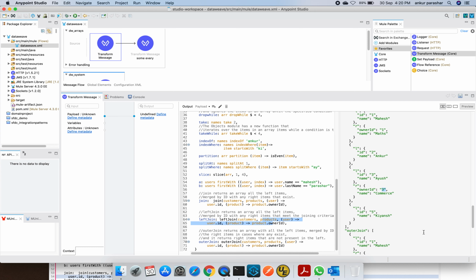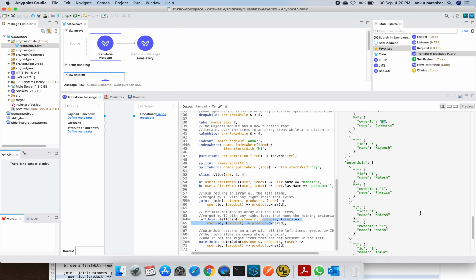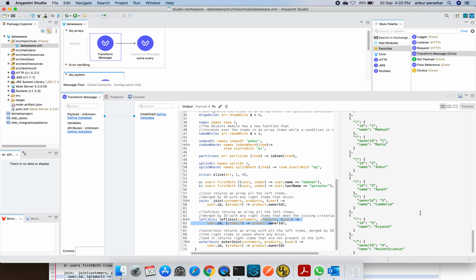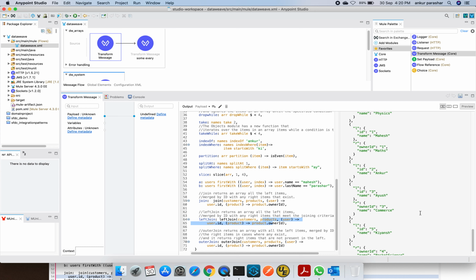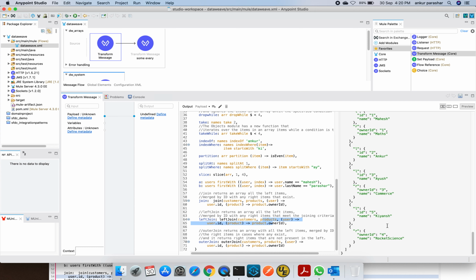Similarly, to say the opposite of it, if we want to include all the products, we have to use the outer join. So don't get confused with the left join, assuming there will be a right join. No, there is an outer join. We used to call it outer join. So how is it going to work? Anything which is matching will be present. If it is not matching, then also it will be present, but it will make sure all the product related details are also present.